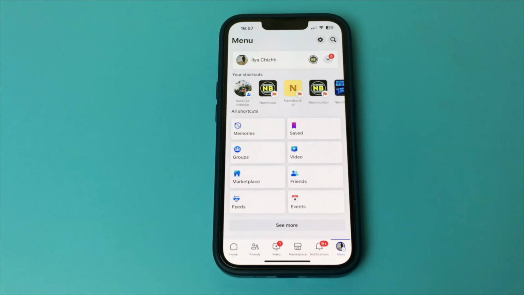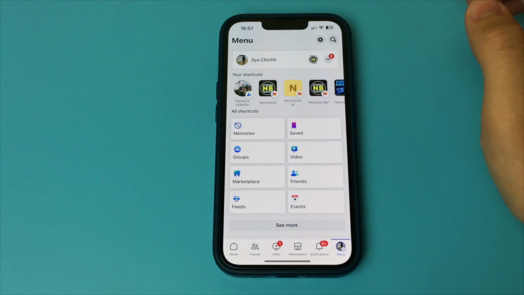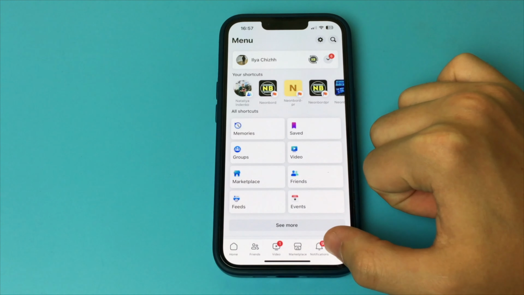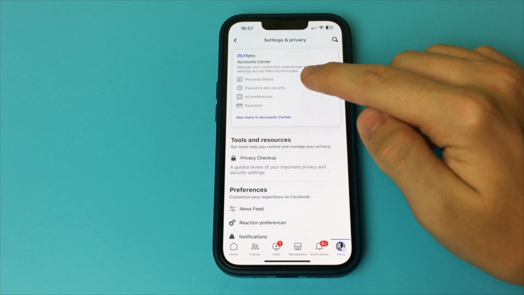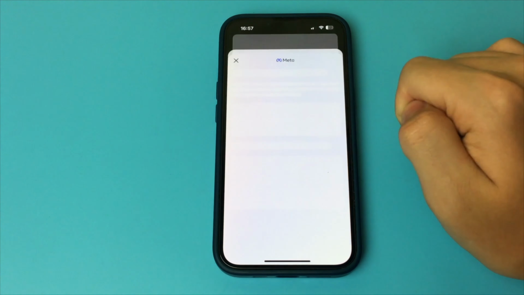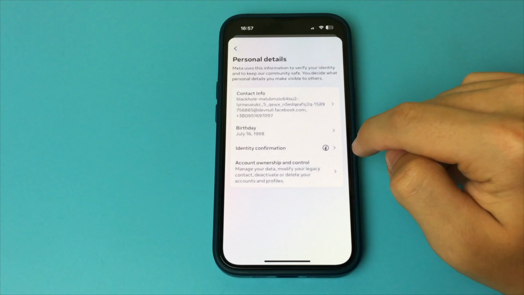Thank you. In this video, I want to tell and show you how to completely delete your Facebook account. This method is very simple and will take a couple of minutes of your time, and you'll be able to delete your account in a couple of clicks so no one can see it or find it. How to do it? It's very simple. For an easy way, you better download the Facebook app, but you can also delete your account in your browser.